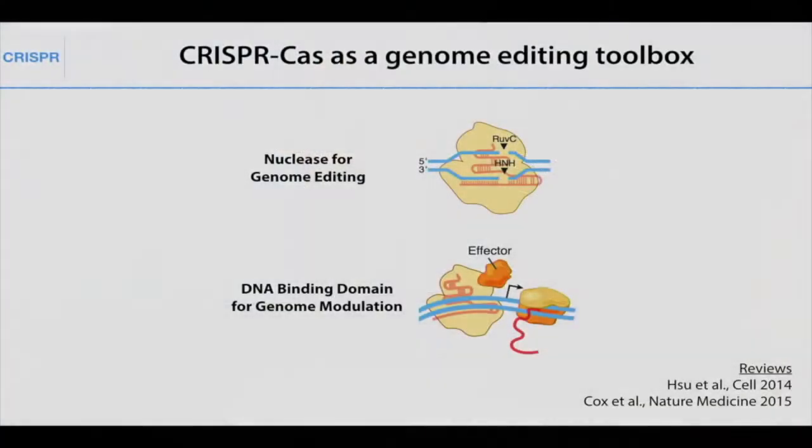So you are probably familiar with the enzyme called Cas9. Cas9 is the RNA-guided DNA nuclease found from the microbial immune system called CRISPR. There are two main ways that Cas9 has been developed and applied so far. The first is using Cas9 as a nuclease for gene editing. By programming the enzyme Cas9 with a specific RNA guide that targets a specific sequence on the cellular genome, this enzyme can make double-strand breaks using these two catalytic domains to then trigger DNA repair processes.